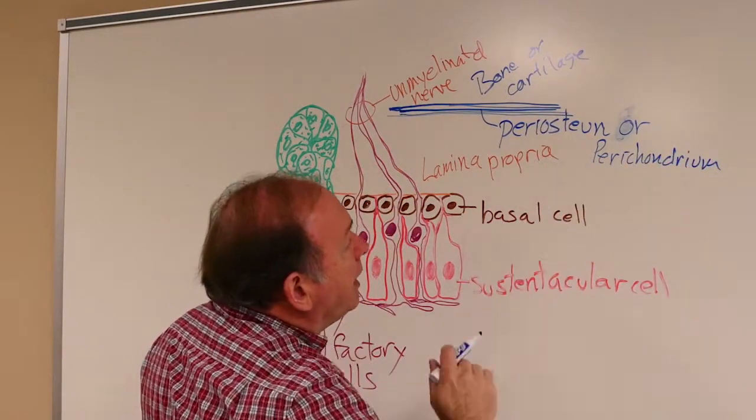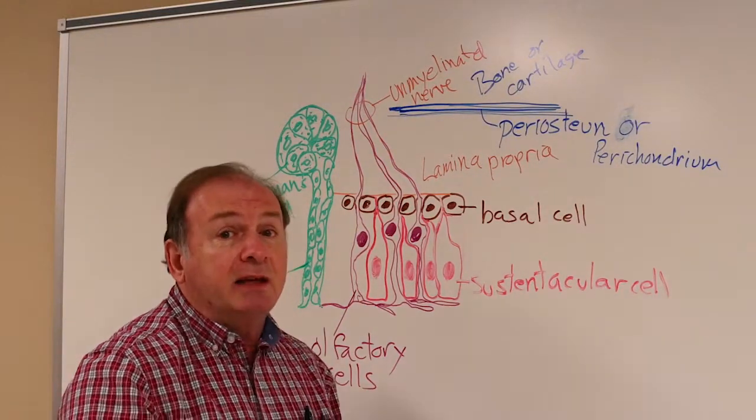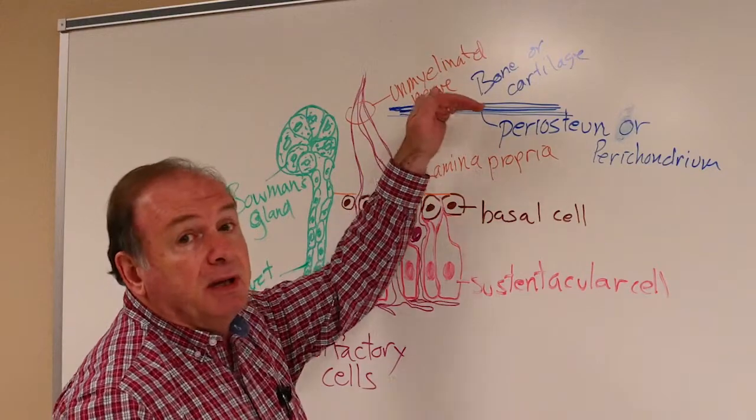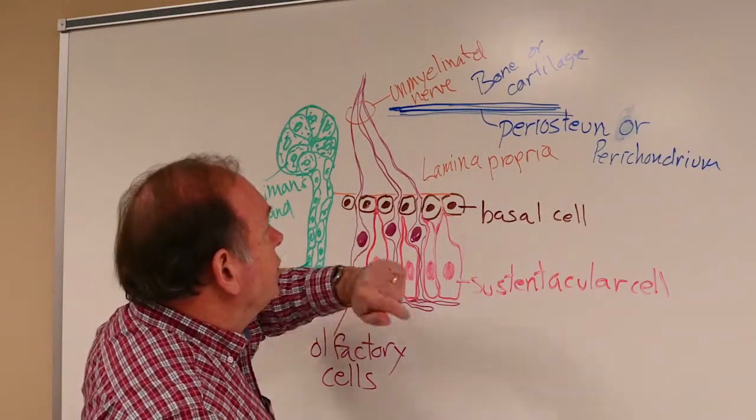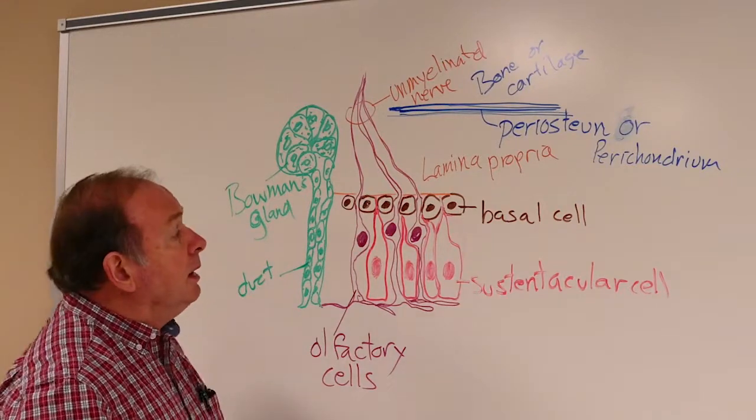Periosteum next to bone, perichondrium next to cartilage. It's simply a dense connective tissue layer that lies up against that supporting tissue that supports the olfactory epithelium and